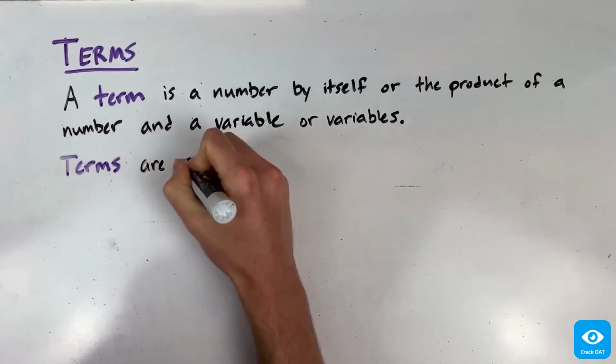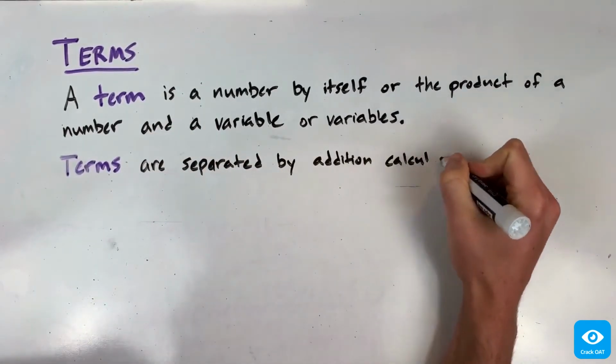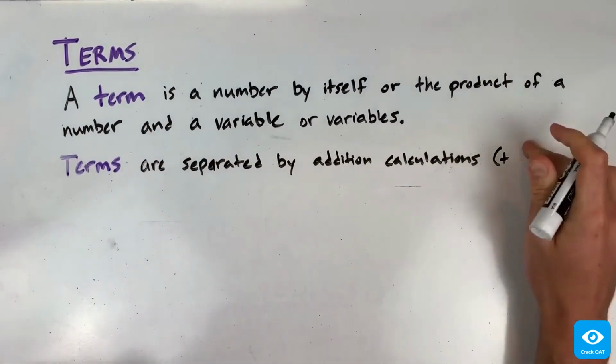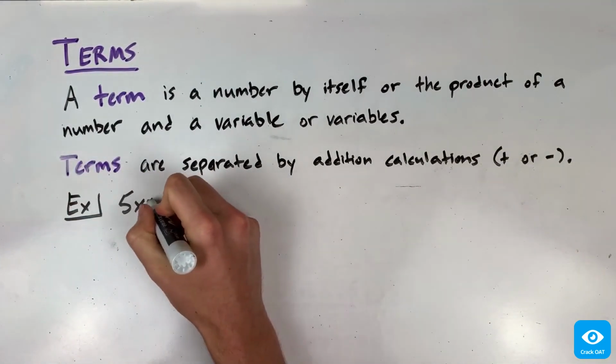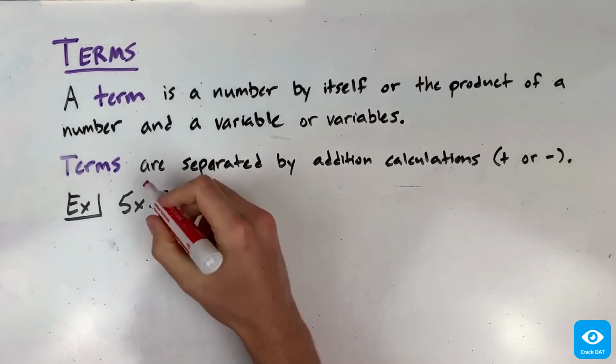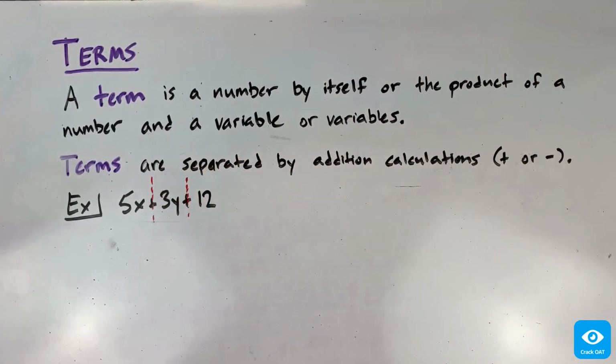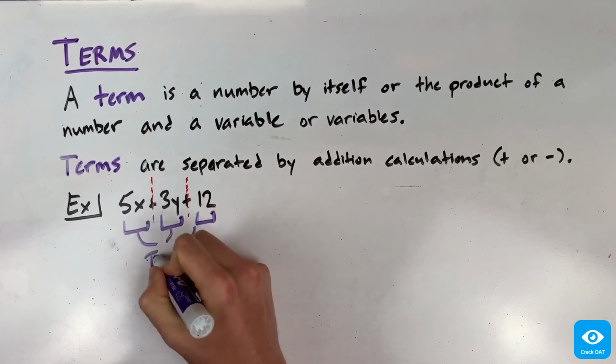In an expression, terms are separated by an addition calculation, meaning either a plus or minus sign. So for example, in the expression 5x plus 3y plus 12, the addition calculations are here, and the terms are here, 5x, 3y, and